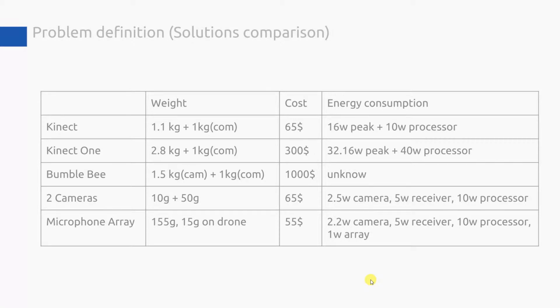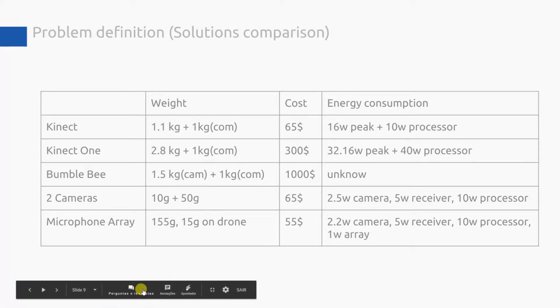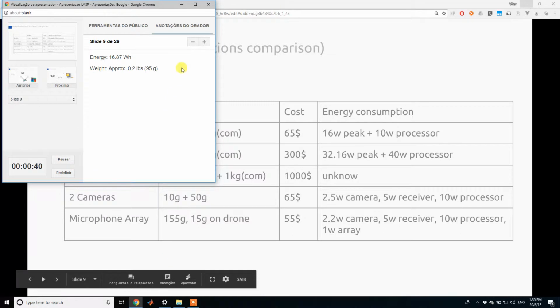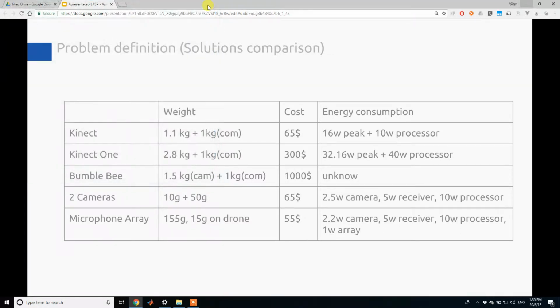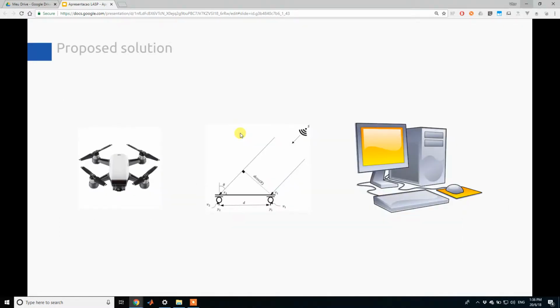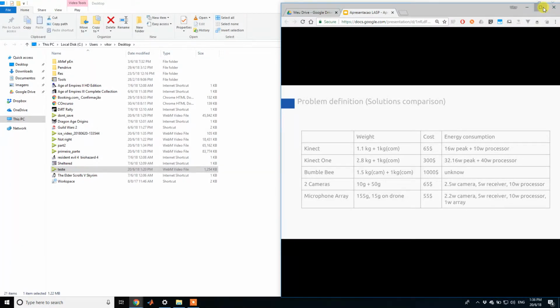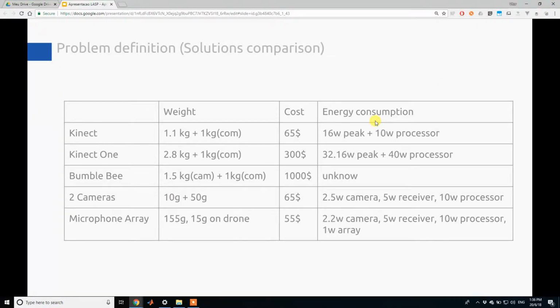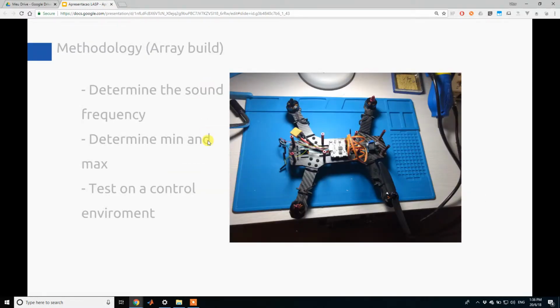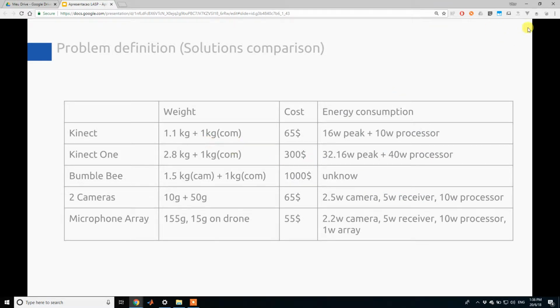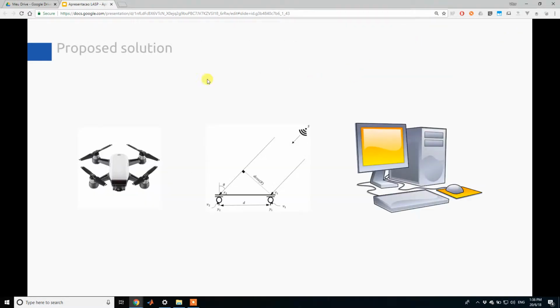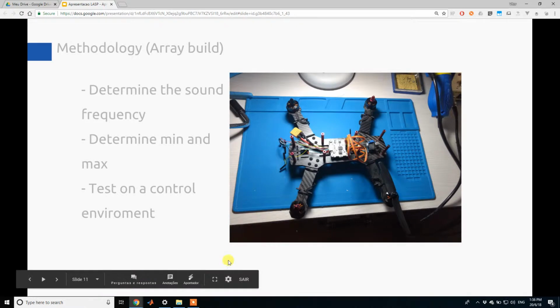I'm talking about when you have a drone, the energy of the battery is about 16 kilowatt hours. So just the sensors can consume that. It's really not very efficient. He uses this kind of solutions. So after that,